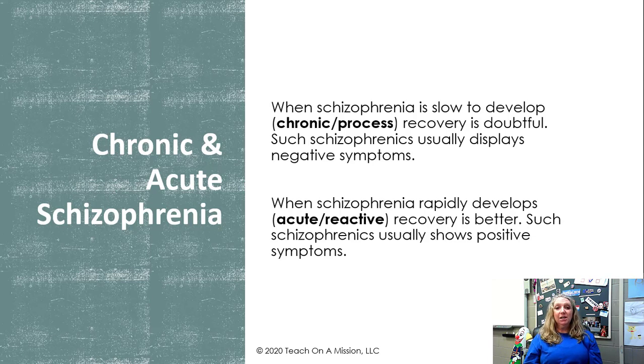So chronic and acute schizophrenia. There are two types of schizophrenia that have now been diagnosed. When schizophrenia is slow, underline, highlight, circle that, to develop, recovery is doubtful, and such schizophrenics usually display negative symptoms. So chronic is slow to develop and negative symptoms, whereas acute schizophrenia, this is when it rapidly develops, highlight, circle,